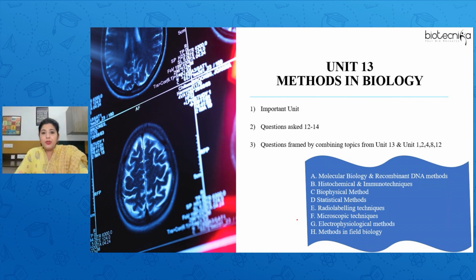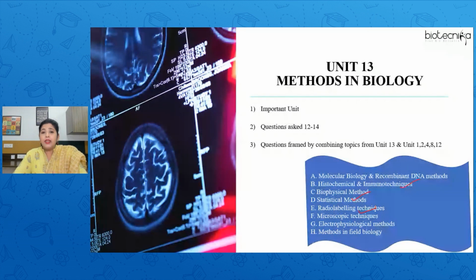Like in one subunit you study about recombinant DNA technology, in another you study about immunotechniques, in subunit C you study about spectroscopy, D you study about statistical methods, E you study about radio labeling techniques, and then microscopy is there, and then you have electrophysiological methods, and even methods in field biology. So I know this Unit 13 is very vast in comparison to the other units given in the syllabus, but